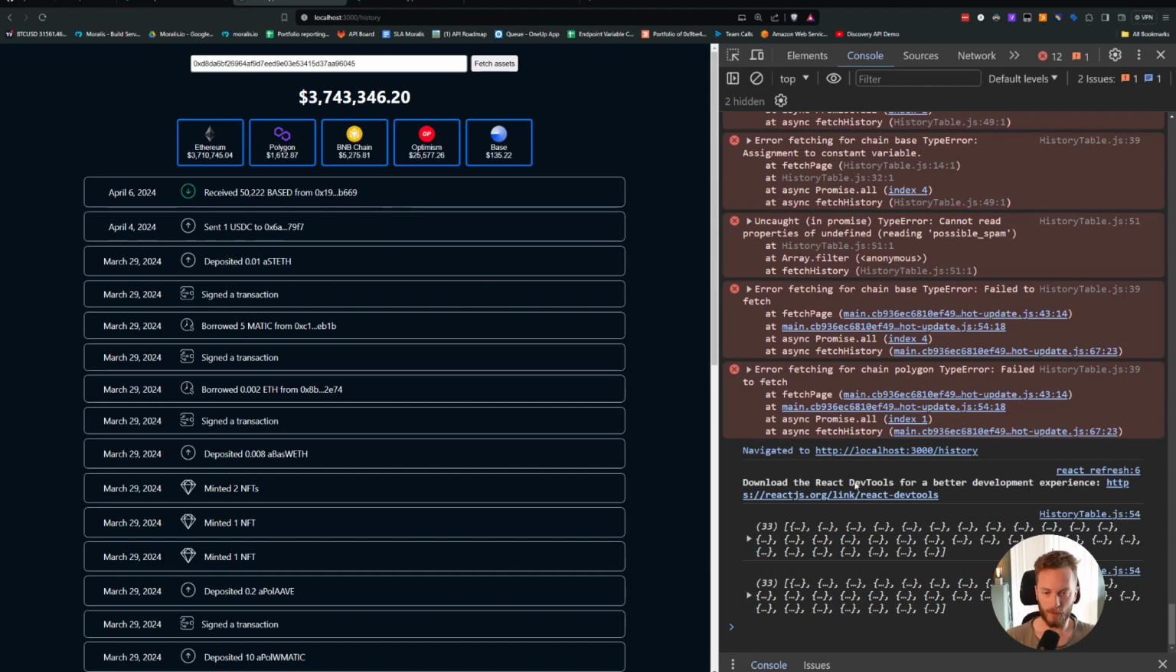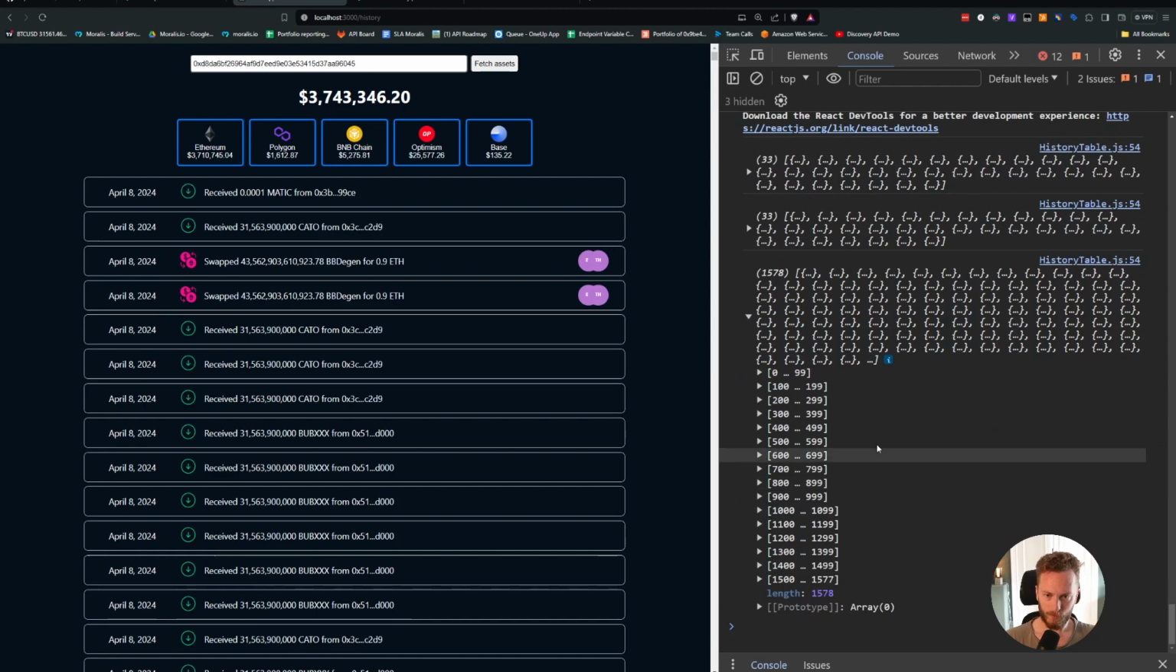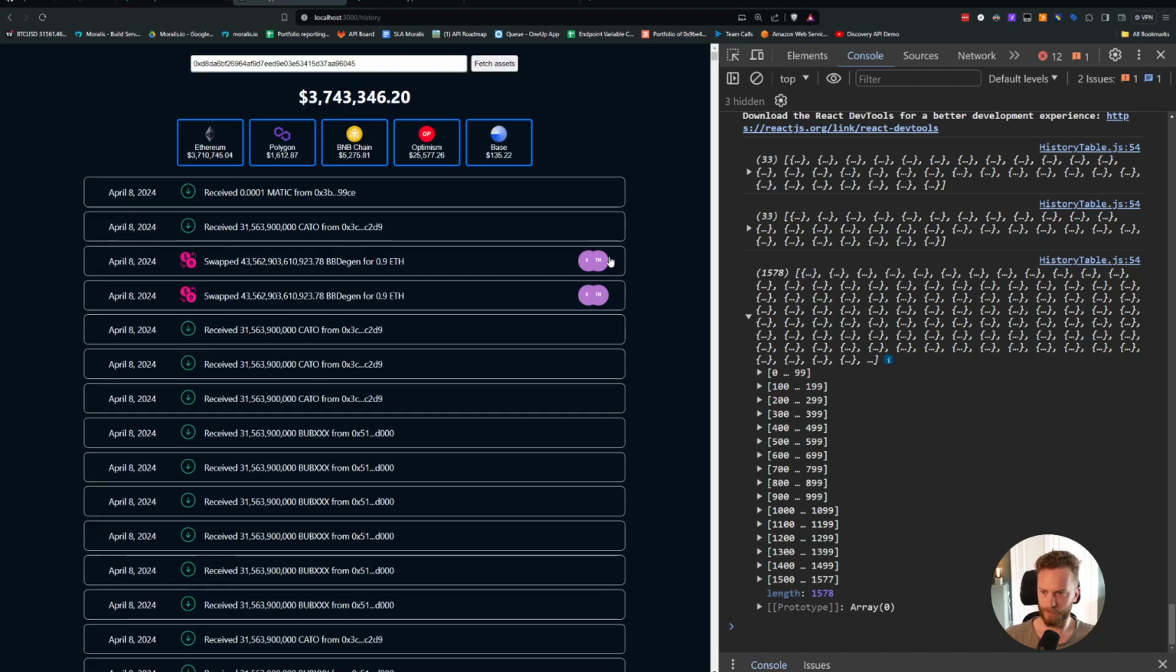Takes a long time now because Vitalik does have a massive wallet. There we go. We have 1,500 events this time. And now you can see that we got way more than 100. So this means now that we're fetching all of the pages for all of the chains so that we get the full history view. And that basically now completes